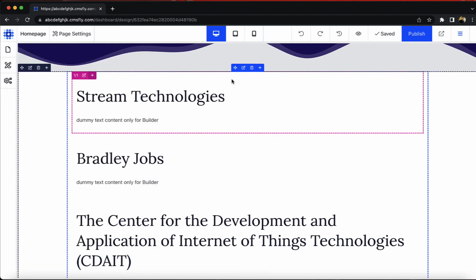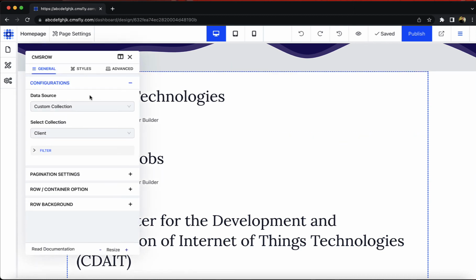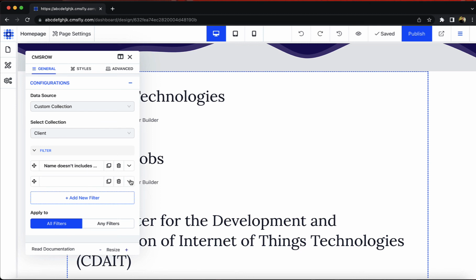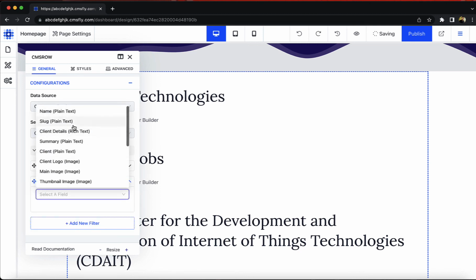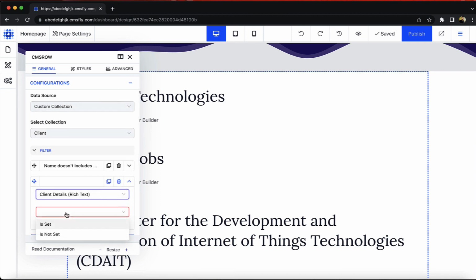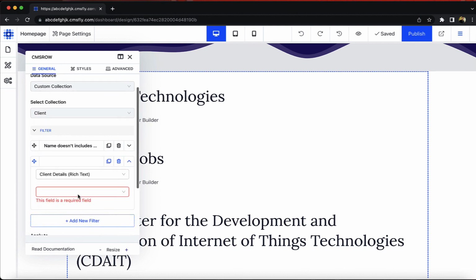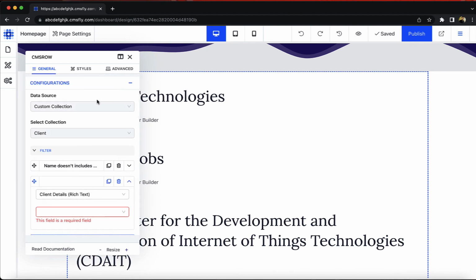Let me show you. When you go to edit CMS row style, you click on filters, you add a new filter, you select a field, then in this case it was rich text. So you can see the filters are different here: is set or not set, right? So this is how it works, and if you guys want to learn more, you can refer to the documentation,